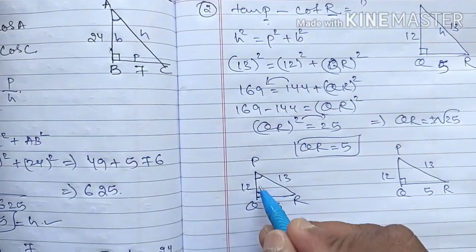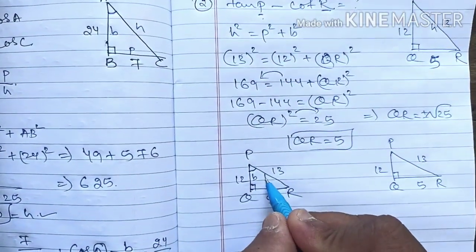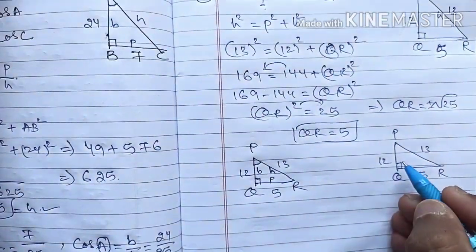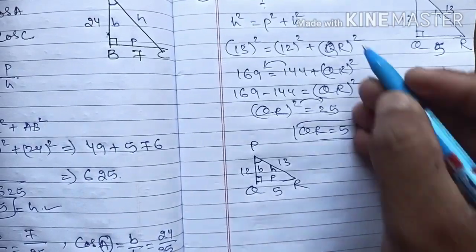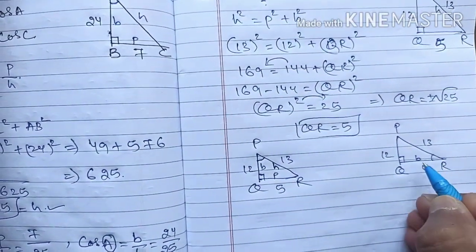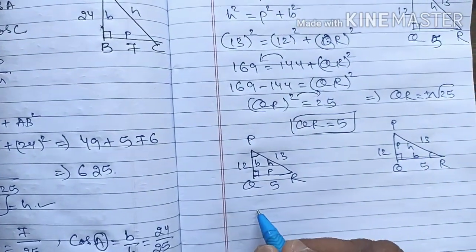It shows that the line containing the two angles is the base, the side opposite the 90 degrees is the hypotenuse, and the third side is the perpendicular. Similarly in this question, for R, I will draw a small arc on R. This line is the base, this line is the perpendicular, this is the hypotenuse. So tan P